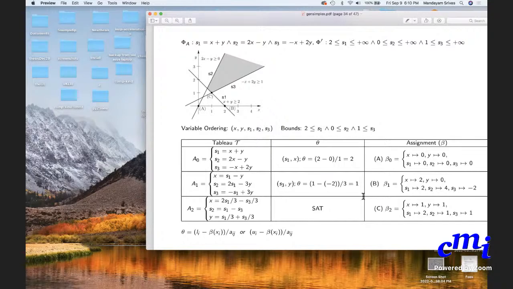So that is not in violation, and therefore the only choice for the variable to be fixed is S3, and you still have a choice of either S1 or y to adjust. Say we pick y, and then you do the same operation, and that updates the current assignment such that B gets moved to C. And since C is in the solution space,